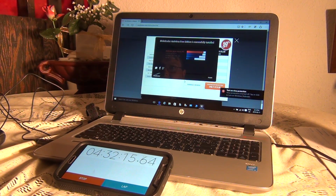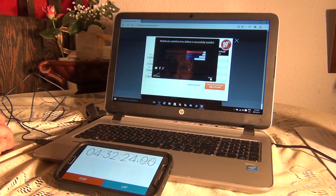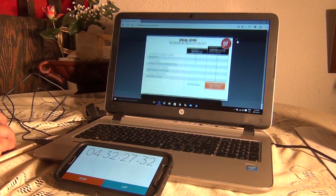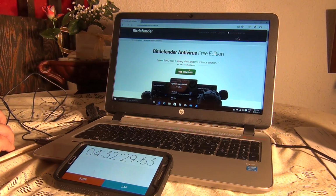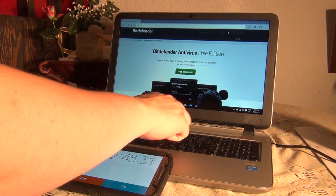No. So there they are saying that their Internet Security 2013 is better than Avast, AVG, or Avira. Sure, I'll believe you guys. You guys say we're better, you're better, that's good. Okay, let's see, it's still doing something. So I can't click on the toolbar. Interesting. Okay, next website we are going to is one called